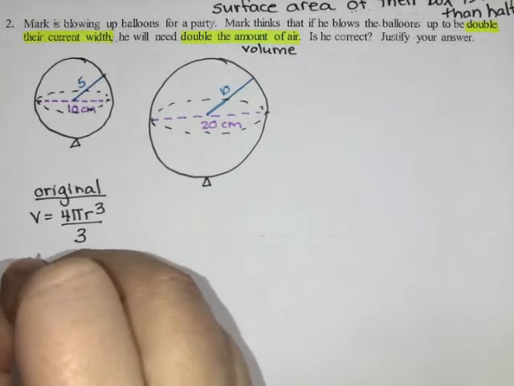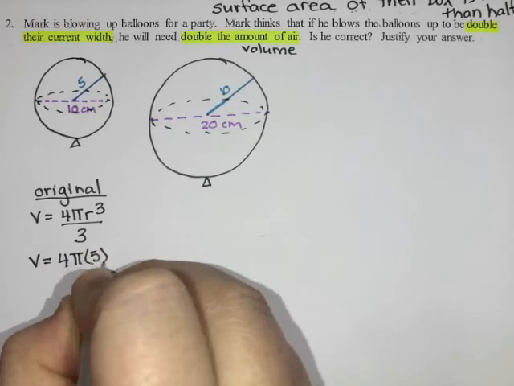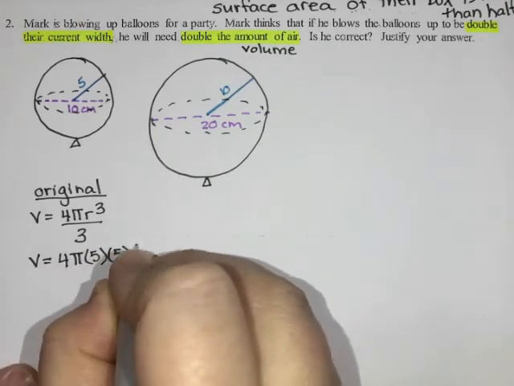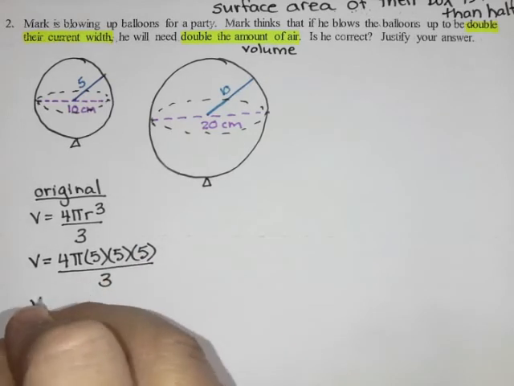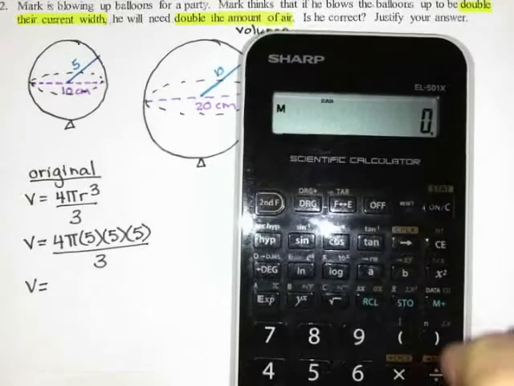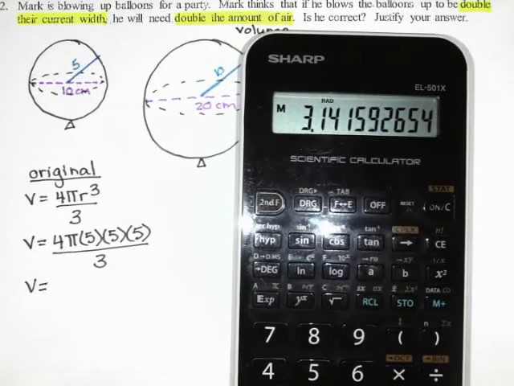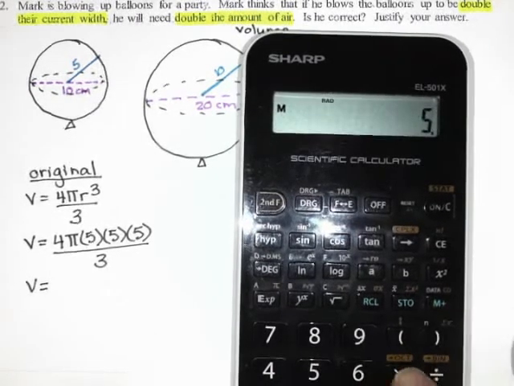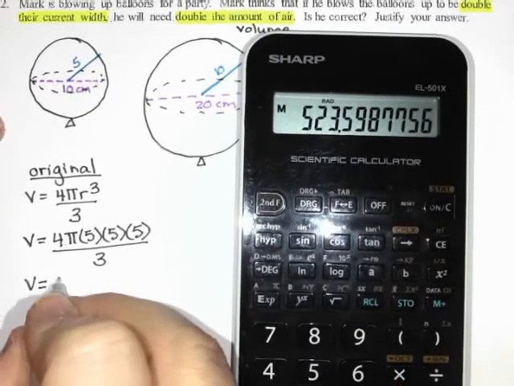You'll notice the radius is also double. Okay, so my volume is 4 pi, r is 5. Cubed means we do it 3 times, so 5 times 5 times 5, and then divided by 3. I'm going to do that in one step on my calculator. I'm doing 4 times, using my pi button. If you don't have a pi button, please use 3.14159. Then times 5, 5, 5, and then divided by 3. And I get 523